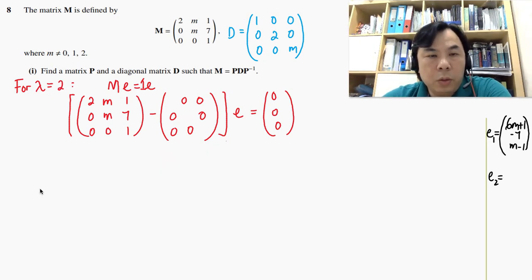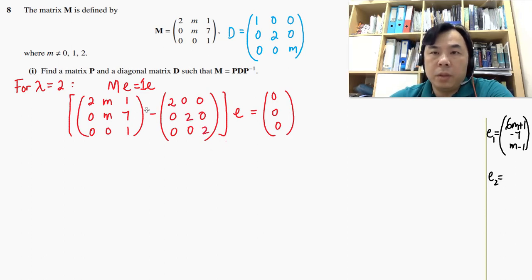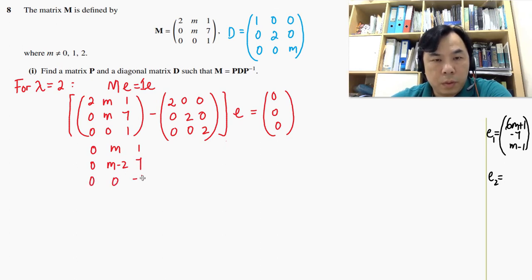All right, now we're going to evaluate the eigenvectors corresponding to the eigenvalue lambda equal to 2. Okay, now the structure is more or less the same. The only difference is for lambda equal to 2, this value will be 2, 2, 2. Right? And then we're going to perform the same procedure here. That would yield m, 1, 0, m minus 2, and then 7, 0, 0, negative 1. Okay, so E equal to,